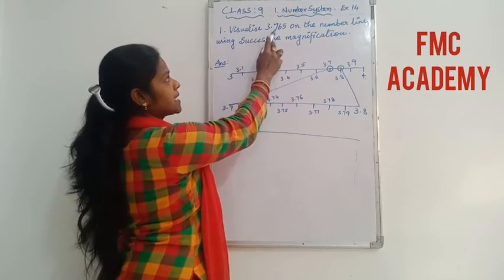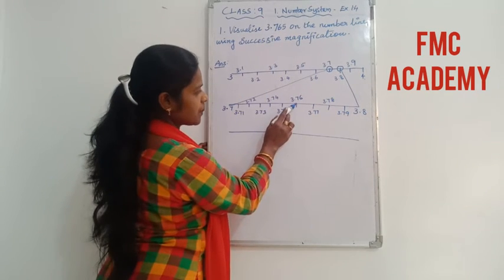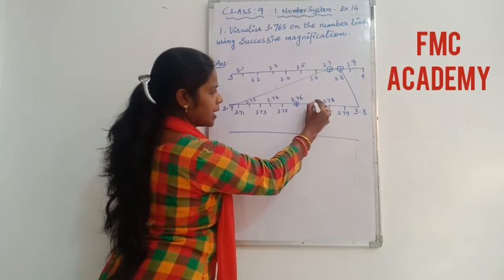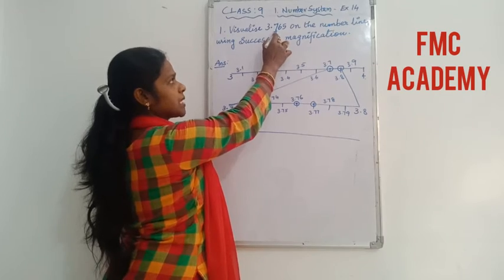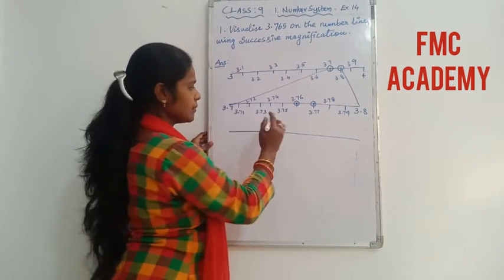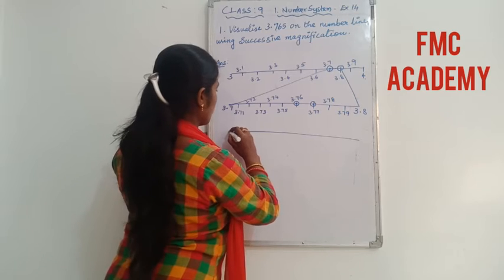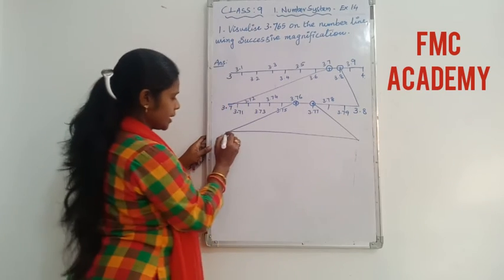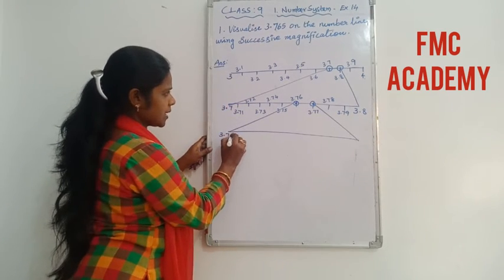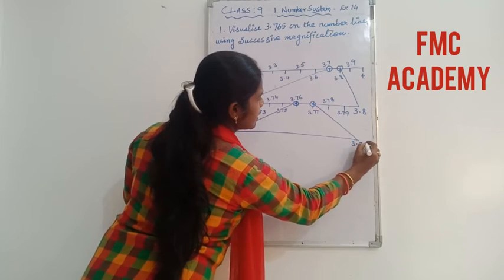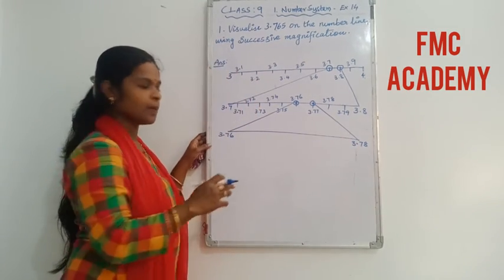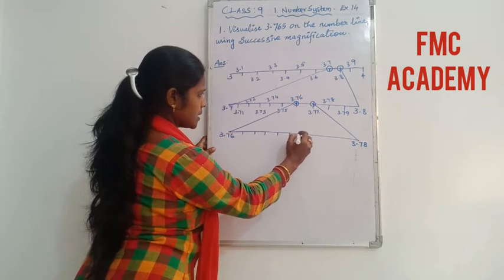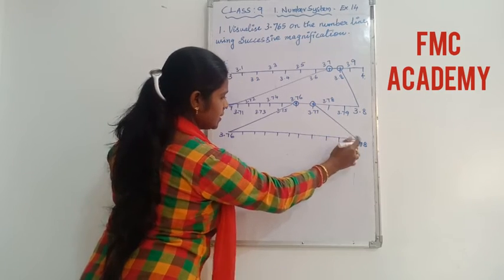Okay. So now just see between which two numbers you have to find. See the number 3.76. Where is it? 3.76 is over here. So this number and the next number you are going to take and search whether the number which is given lies between them or not. So let us magnify these two numbers now. One is 3.76 and the other one is 3.78. So here you will take 3.76 and here you will take 3.78. Yes. Now these 10 equal parts you are going to make. 1, 2, 3, 4, 5, 6, 7, 8, 9 and 10.